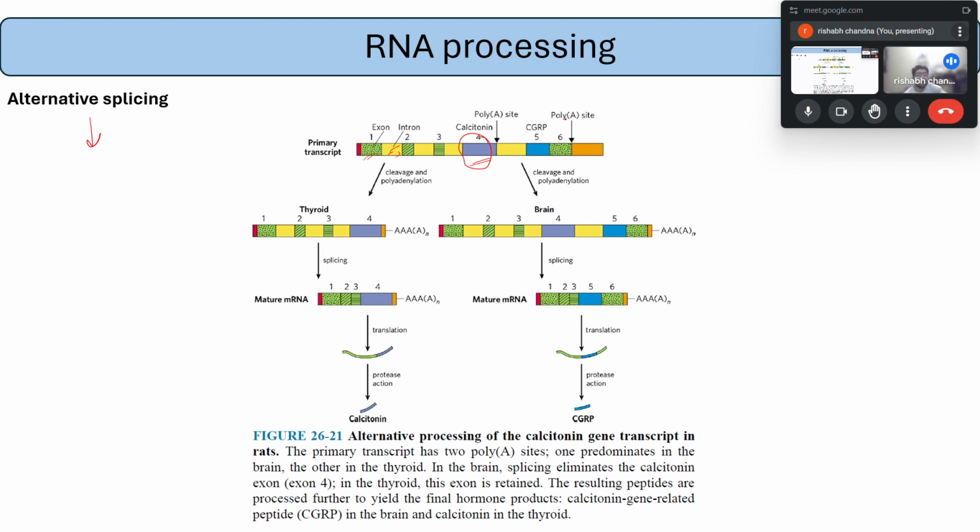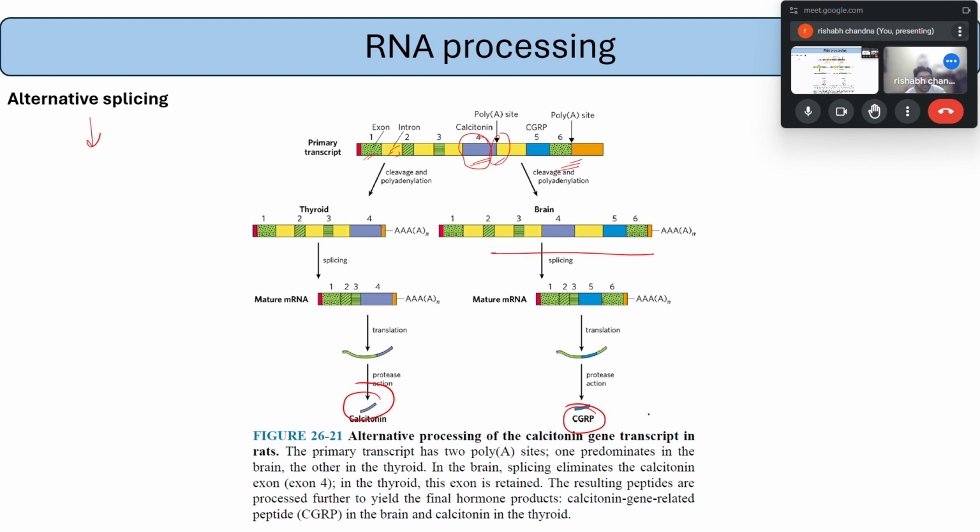The last way which we discussed, so these are the two poly A sites that we have, and that leads to different transcripts. So in thyroid gland, we have the first poly A site here, leading to the smaller calcitonin molecule, and the full length transcript leads to the formation of a longer transcript,